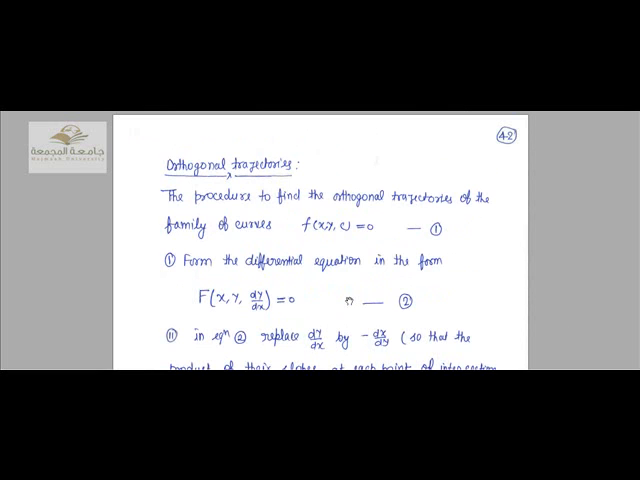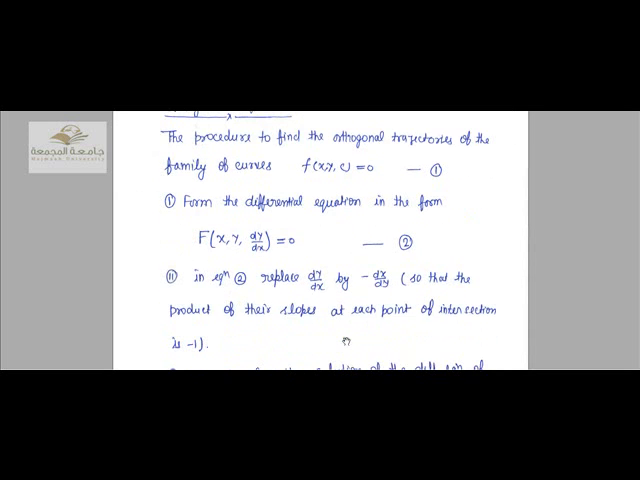Now, we are going to study the next method, orthogonal trajectory. The procedure to find the orthogonal trajectories of the family of curves f(x, y, c) = 0, equation number 1: first, form the differential equation in the form f(x, y, dy/dx) = 0, equation number 2. Now second, in equation 2, replace dy/dx by -dx/dy,